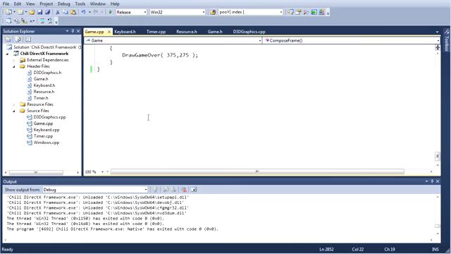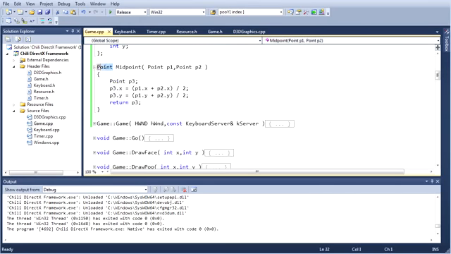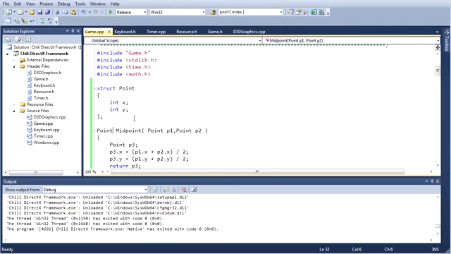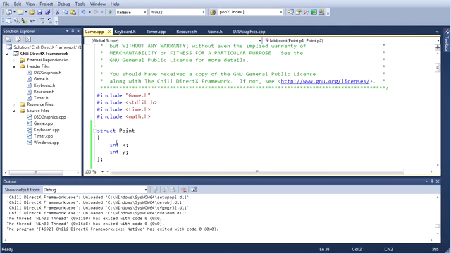Which is that you can create functions that return structures, and thereby you can return a whole ton of data in one fell swoop, if that's the kind of thing that you want to do. And the other thing, I just want to show you global functions. One last thing I want to show you is